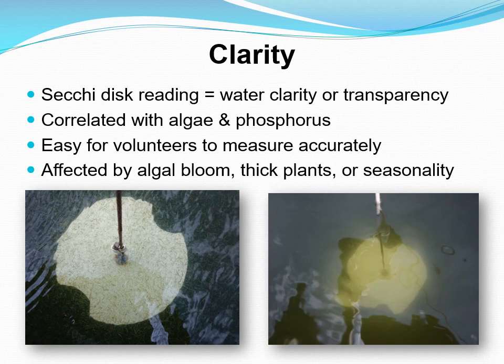I think for the lakes that we would normally do sampling on, we would take at least 2 Secchi disk readings a month, just so that we don't have one single algae bloom instance that affected all of our data, if that makes sense. We need quite a few measurements to be able to rely on what this is telling us. So for you guys to take 1 reading, that's great, and you can learn how to do it. If we were going to use that data in a study, we would probably take more. But it's an easy measurement, and it's kind of fun, and you can see what color the water is, and you can sort of get a better look at some of the larger plankton and things like that.